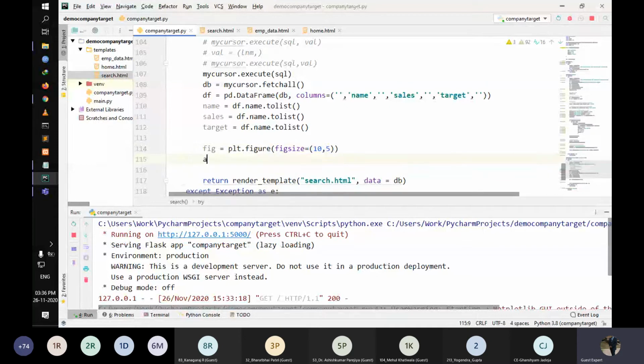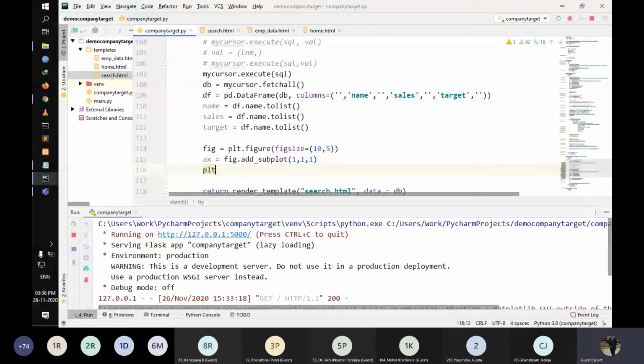And we'll go to the subplot. So ylim is basically the upper limit of the y-axis.